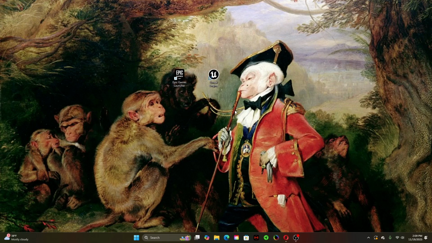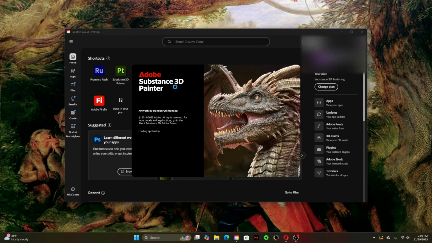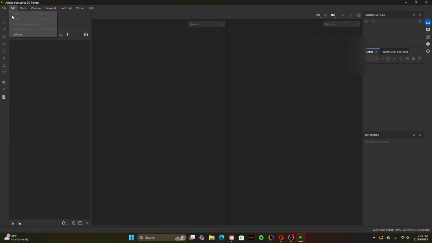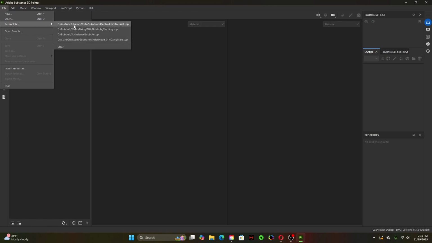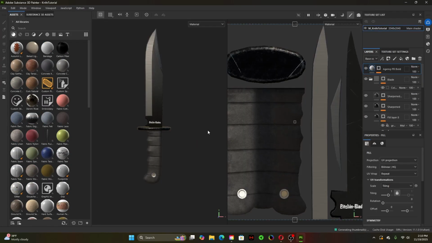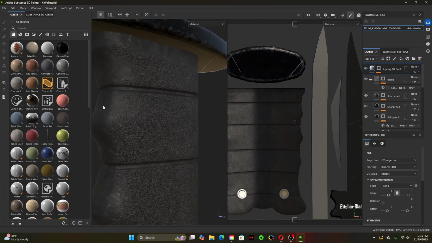Okay, so we need two things. We need Substance Painter open. We're going to just open that first. We're going to navigate to our knife. Yeah, it was an older version, blah, blah, blah, new update. And we got our knife. It's all textured, it's all done. Got that